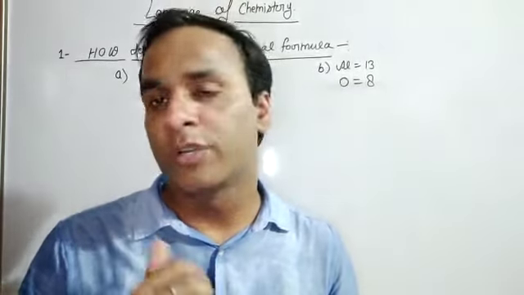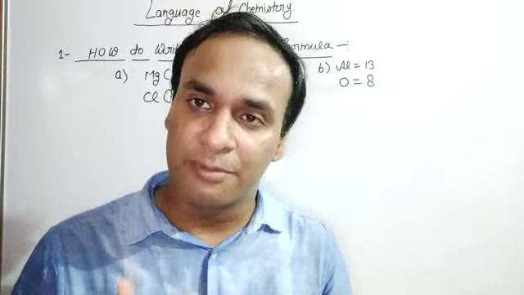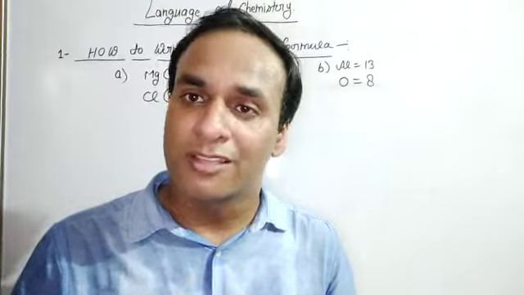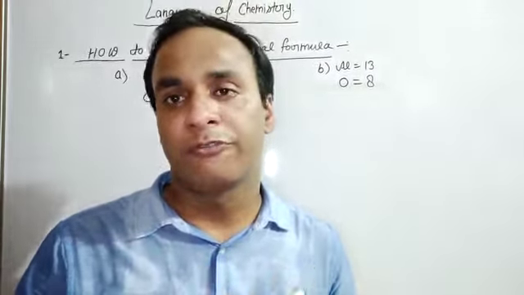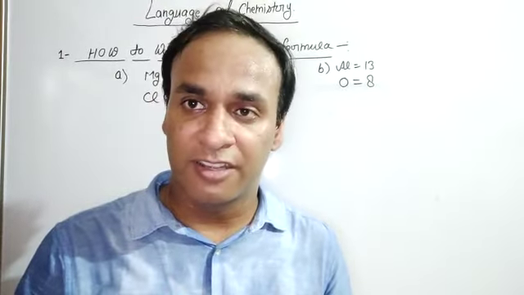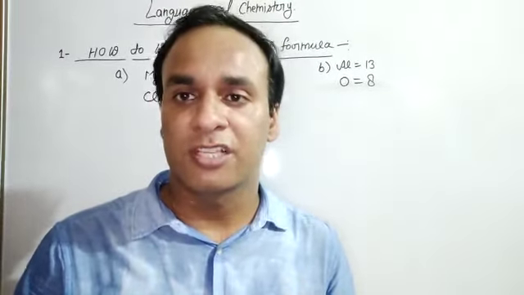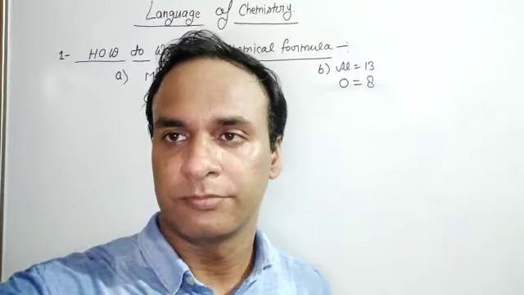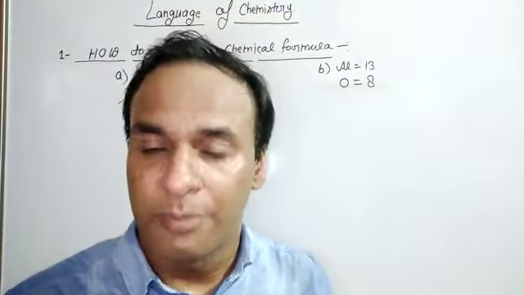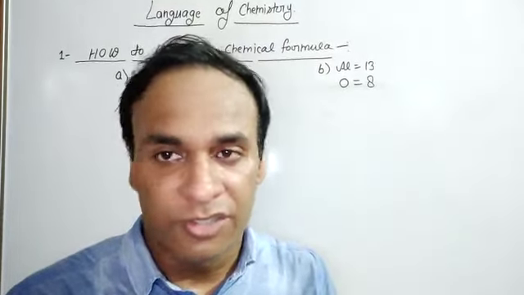There are basically two types of radicals, acidic radicals and basic radicals. What is called acidic radicals? The species which consists of negative charge is called acidic radical, while the species which consists of positive charge is called basic radicals. In order to write the chemical formula, we have to follow the following instructions.